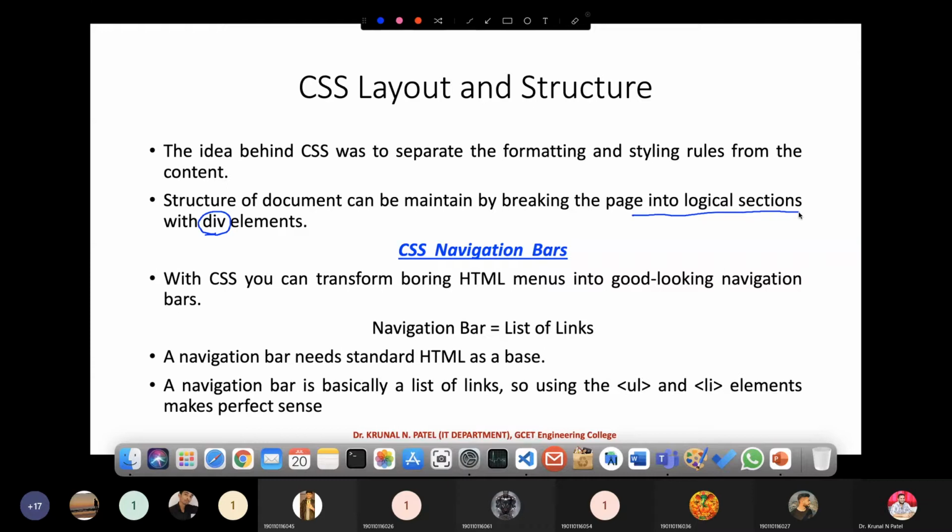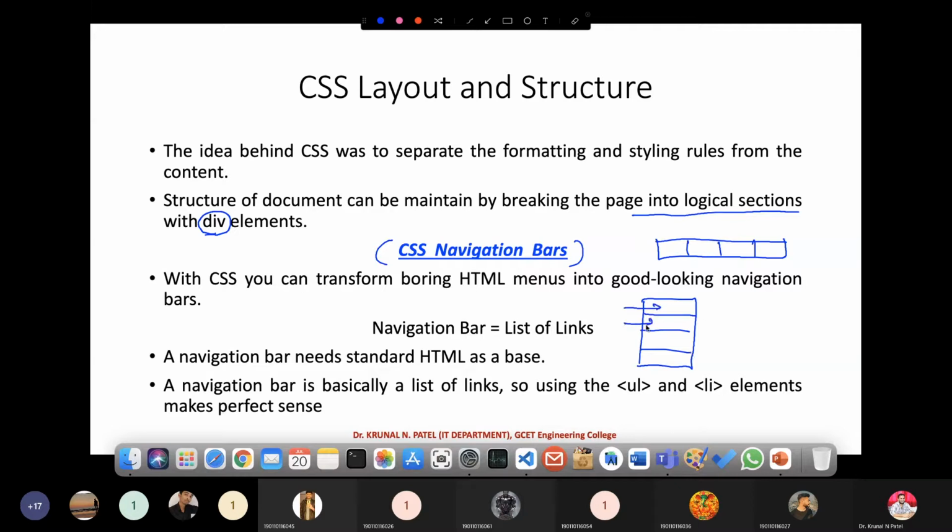Now, the main thing we are going to discuss today is known as the CSS navigation bar, right? If you have observed, there are different types of navigation we see in web pages. Either it is horizontal, suppose this is horizontal, or it is vertical.